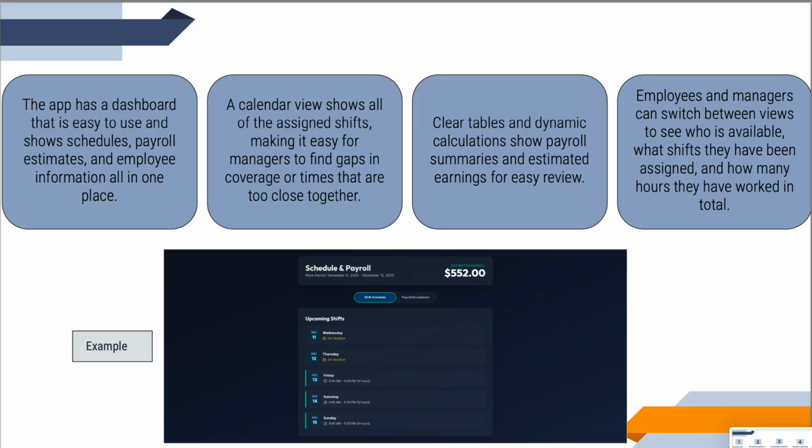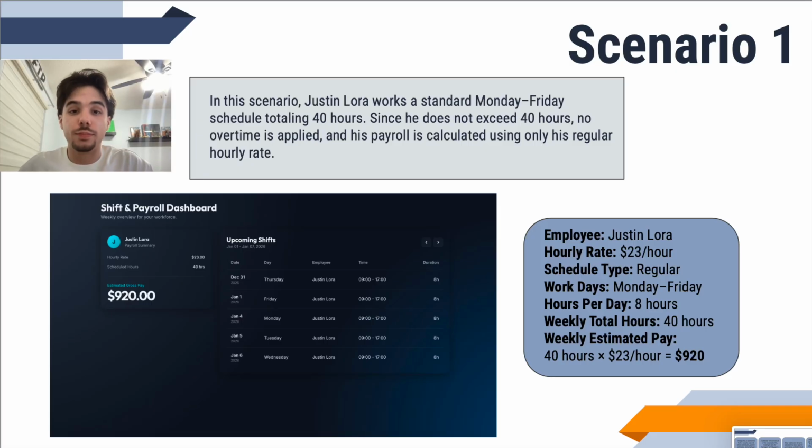So before I show you scenario one in a real world example, going step by step on how to enter the app and how to input information, this is the scenario that's going to be shown. In this scenario, Justin Laura works a standard Monday through Friday schedule, totaling 40 hours. So he does not exceed 40 hours, no overtime is applied, and his payroll is calculated using only his regular hourly rate, which is 23, and the schedule type is regular. His hours per day is 8 hours, and he totals a weekly 40 hours, and an estimated pay of